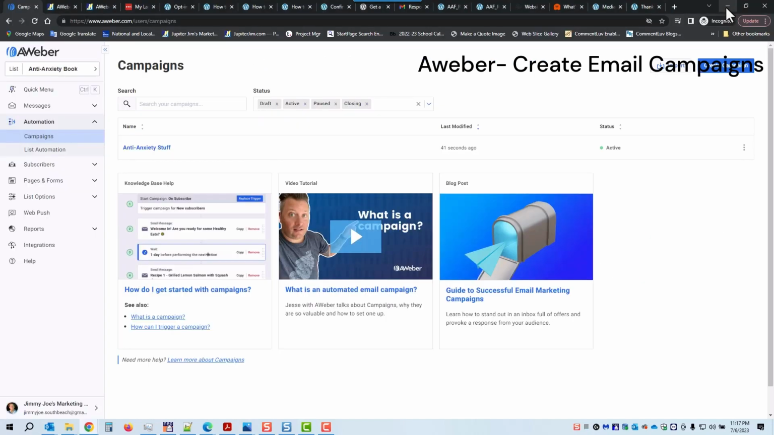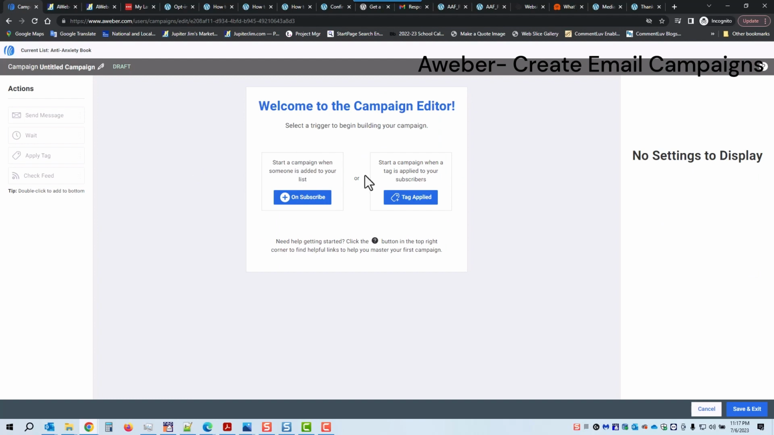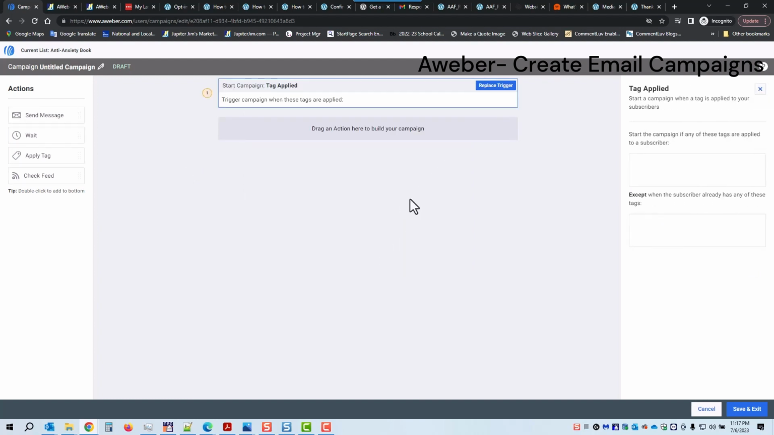So one last step before we're done, we're going to create a new campaign, right? Select. And this campaign is going to start a campaign when a tag is applied to your subscribers. What is the tag? Apply the tag. Okay, to start a campaign when a tag is applied to your subscribers, start the campaign if any of these tags are applied to a subscriber. Okay, completed AA, and then I'm going to hit